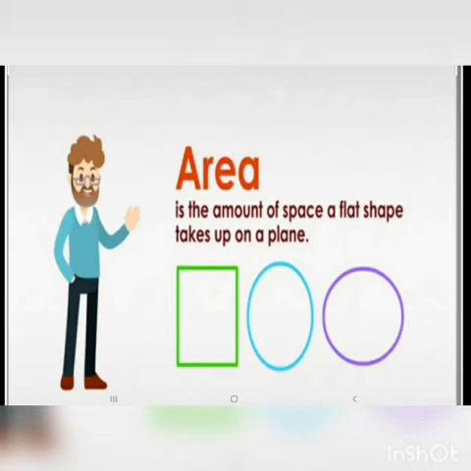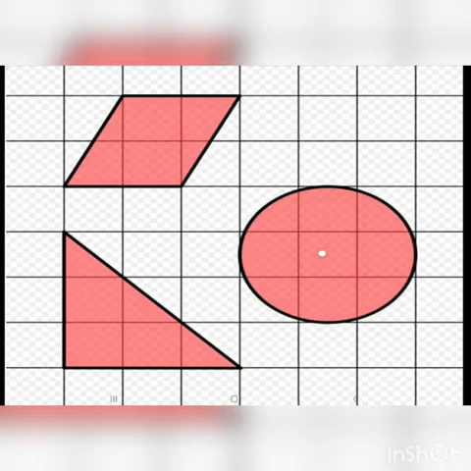Now, how can we find the area? One method of finding area is, whatever shape we want to find the area of, plot that shape on a squared paper. What do you mean by squared paper? Yes, you have seen this graph paper. So, the area you want to find, plot it on the squared sheet like this. Now, when you keep that shape, how many squares have been covered, that will be the area of that figure.